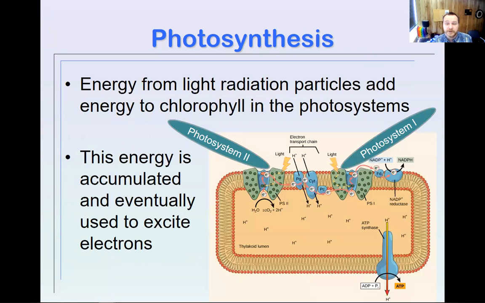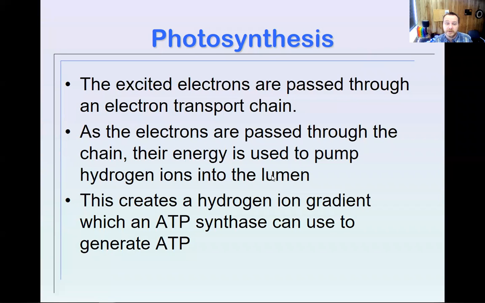So as we mentioned, we just finished up talking about the photosystems, a little bit about what they do. And again, just a summary here. Excited electrons are passed through an electron transport chain from one complex protein to another. As the electrons pass, their energy is used to pump hydrogen ions into the thylakoid, into the lumen space within the thylakoid. This creates a hydrogen ion gradient that our good friend, the ATP synthase,